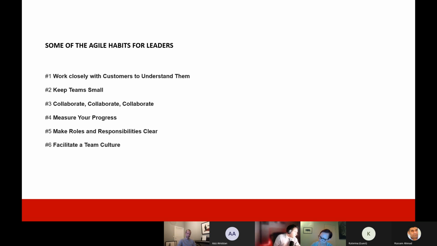Next thing is measure your progress, sorry for that. The beauty about these agile programs is that you can, in a way, measure them with the velocity of your story points.